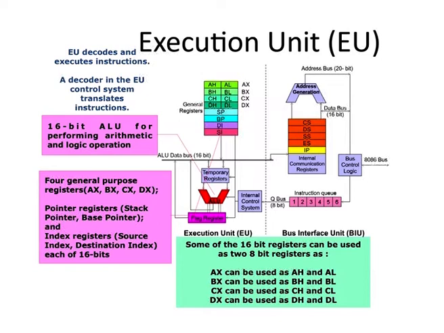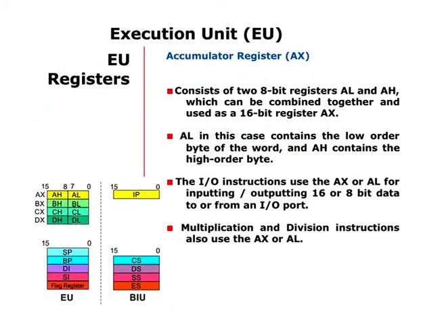Now let us discuss these general data registers in detail. The first one is the register AX. It is also referred to as the accumulator register. It consists of two 8-bit registers, namely AL and AH, which can be combined together and used as a 16-bit register AX. AL in this case contains the lower byte of the word and AH contains the higher byte of